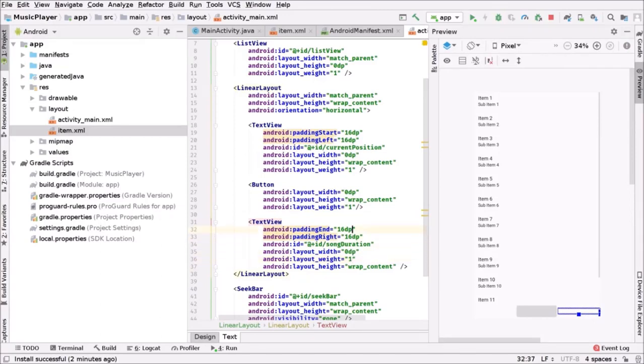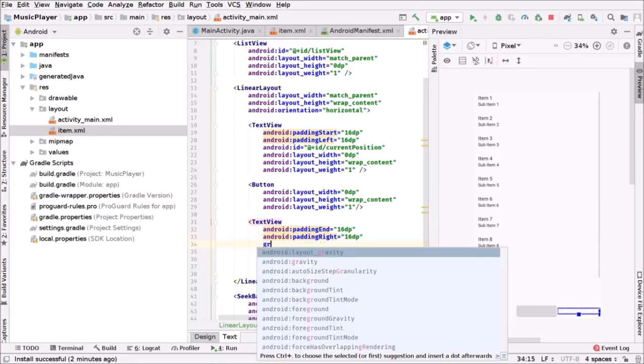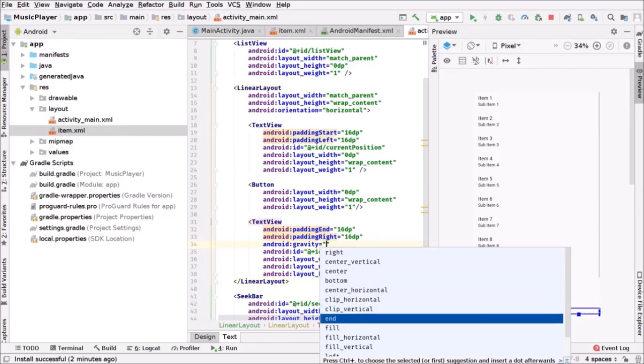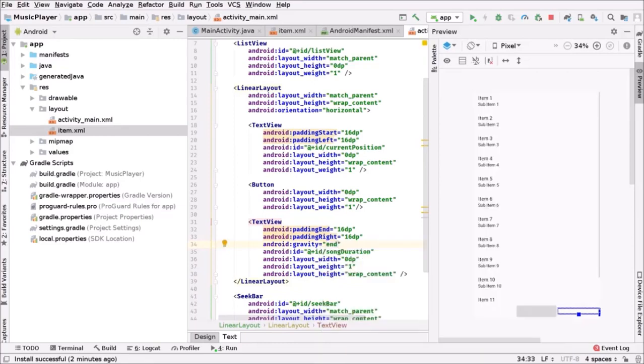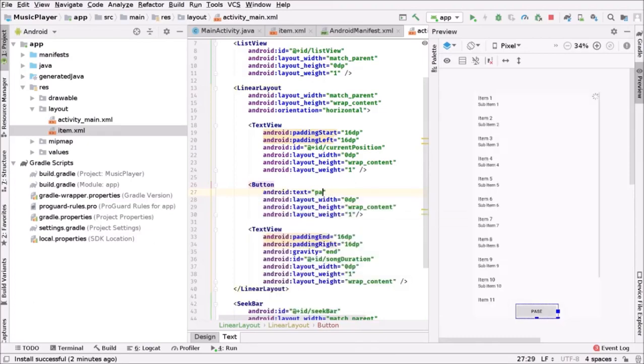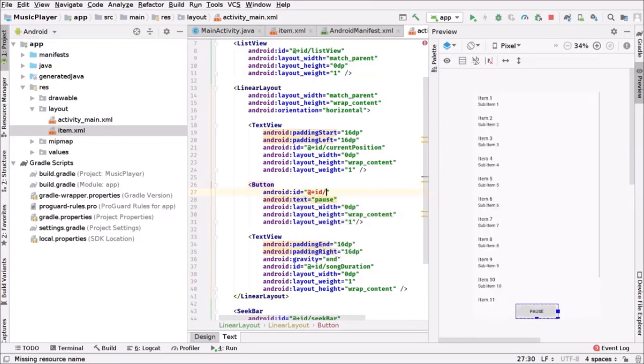Okay, but here I want the gravity of this thing to be set to gravity to n. Maybe would that work? Okay, hopefully. So let's see if that even works. So the text of this button will be pause. So this will be the pause button, pause and resume button. So this will be the pause button. The ID, we set the